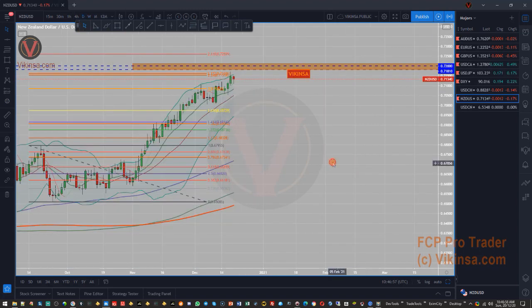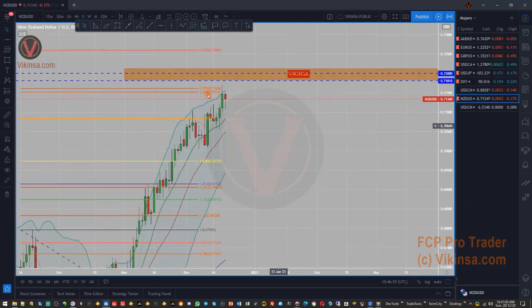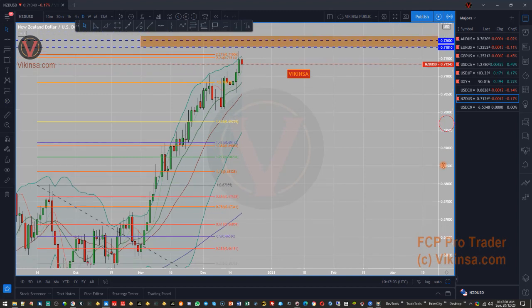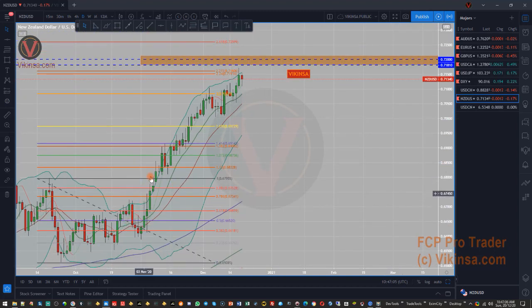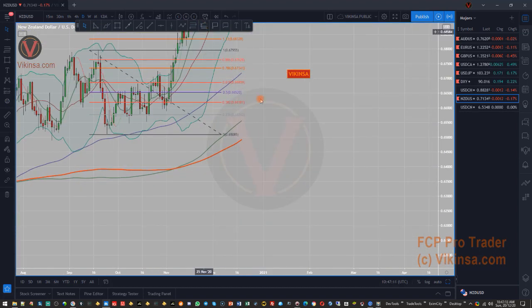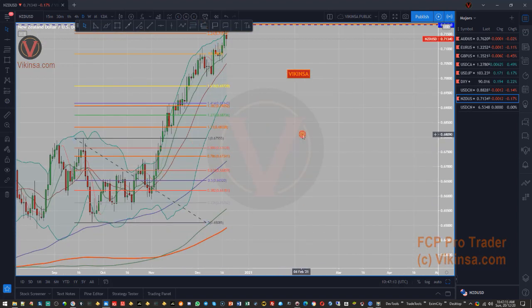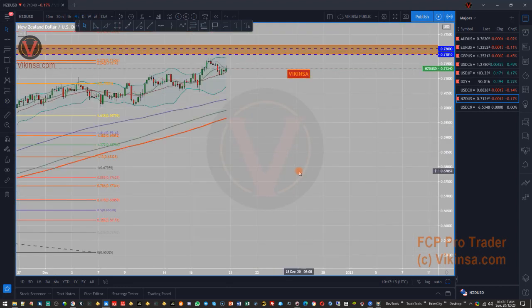If you find any good opportunity to go long, then you can take that, but personally I will stay away from NZDUSD as a swing trader, because this is not a very good price action. At some point in time, I'm expecting a huge correction to take out this entire bad behavior that we have here. If I go to the 4-hour time frame,